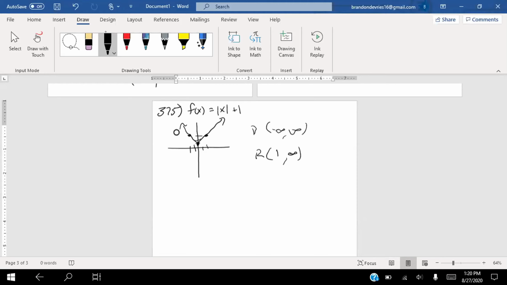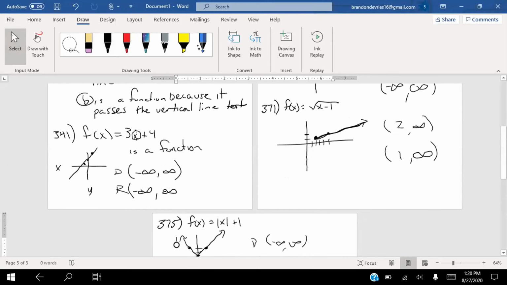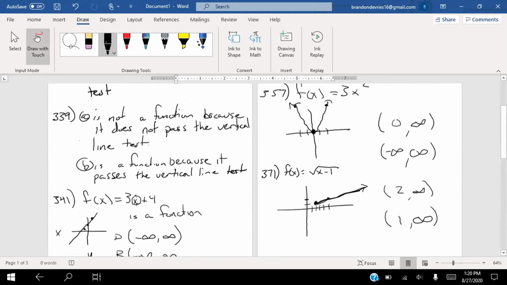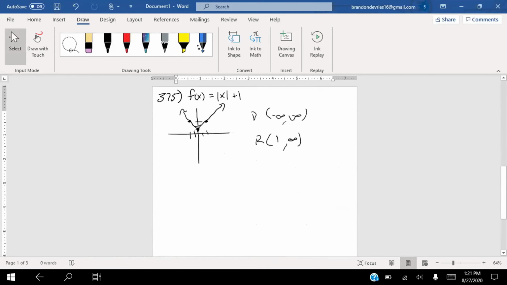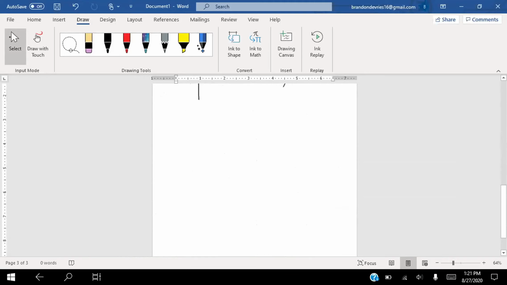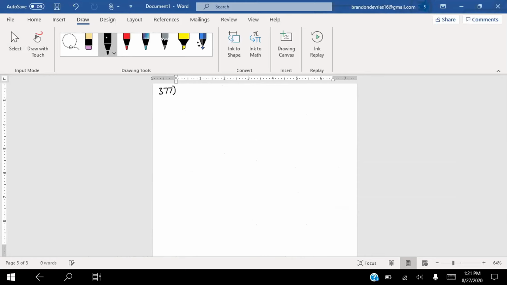I got to make sure that I wrote domain and range on this one. It's really hard to write neat when I can't touch my hand on the thing. All right. So we just did 375. Now we're jumping up to 377. And we got